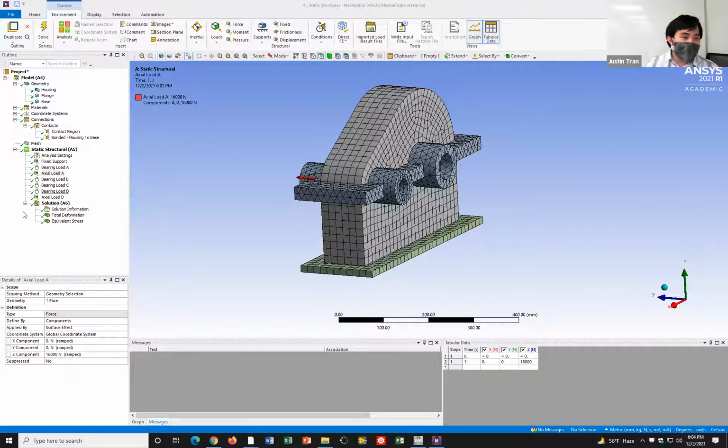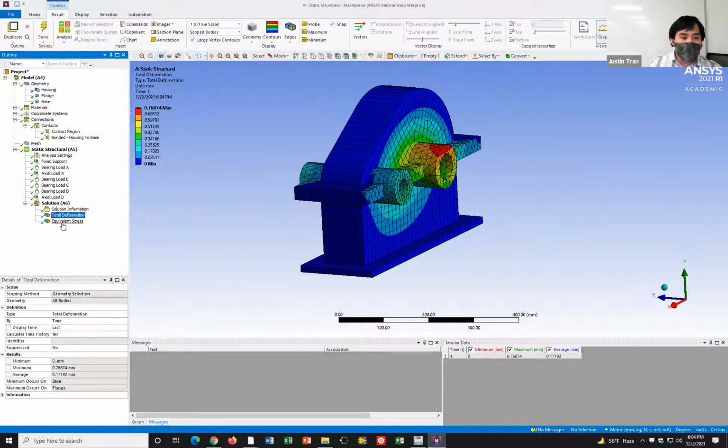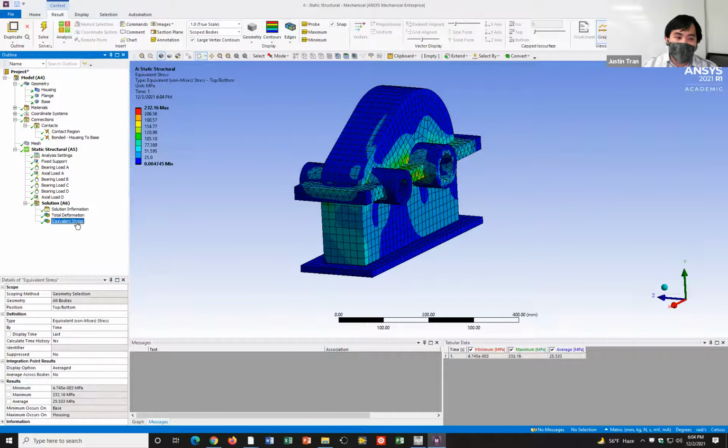If you're finished with this part and you want to get a head start on the activity report, what I'm asking you to do for this part of the problem is to show your total deformation and equivalent stress fields. If you want to take your screenshots and put them in a Google Doc, then you can get a head start on that. Okay, is everyone able to get this result here? Good. In the interest of time, I am going to go ahead and move forward.